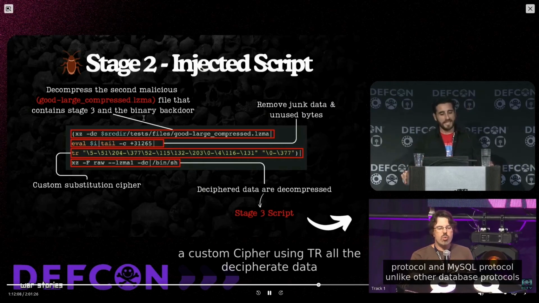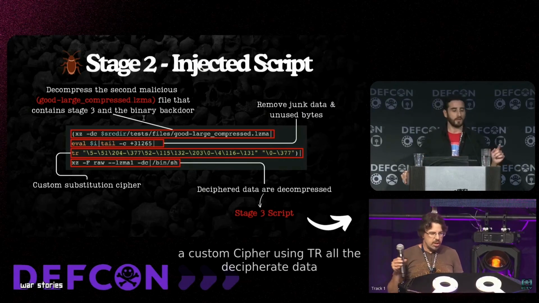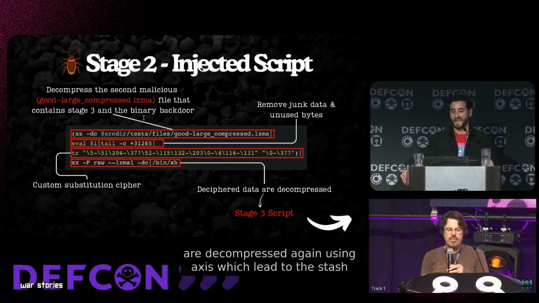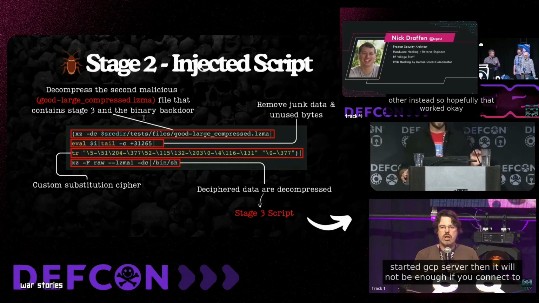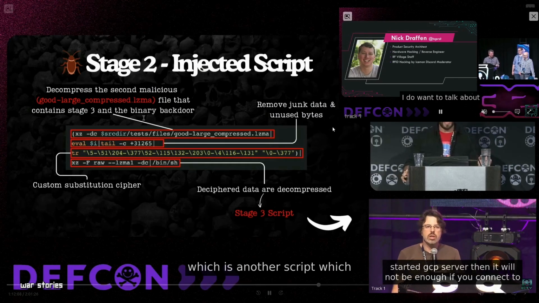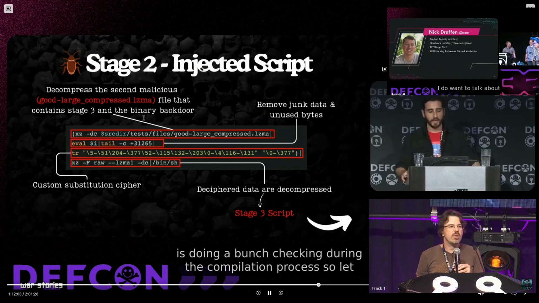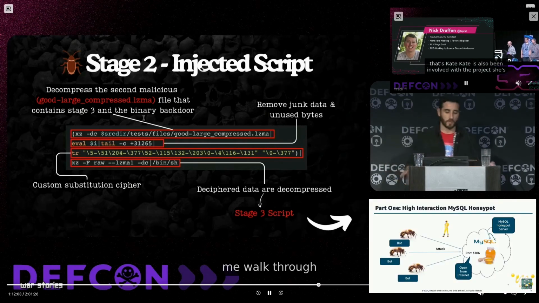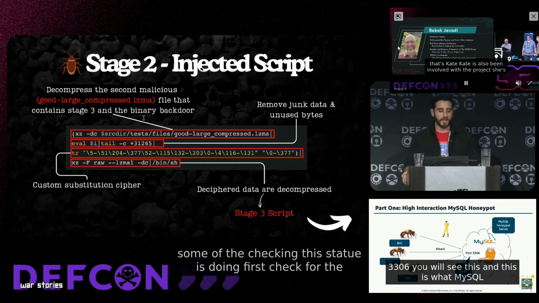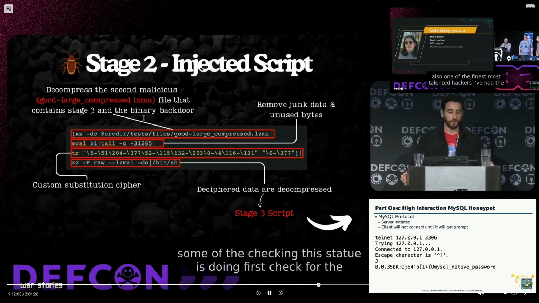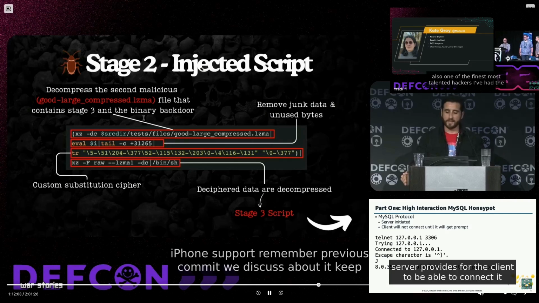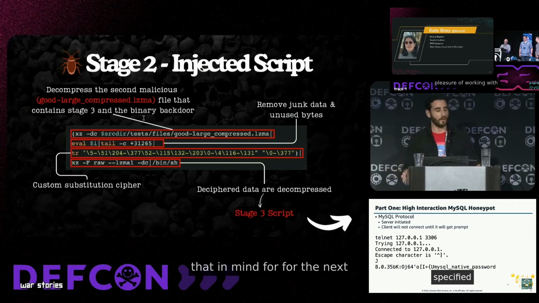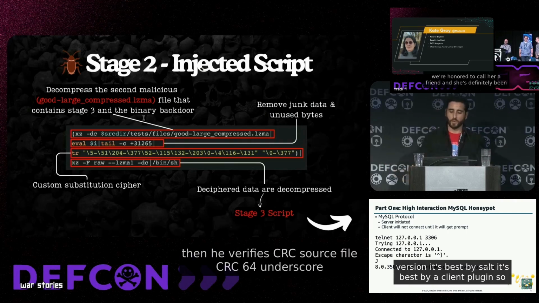So first, it decompresses the second malicious file. Remember the second test file, good-large_compressed.lzma, contains the binary backdoor. It removes a bunch of junk data and unused bytes because the file is a bit obfuscated. There is again a custom substitution cipher using tr, and then all the deciphered data is decompressed again using xz, which leads to the stage 3,